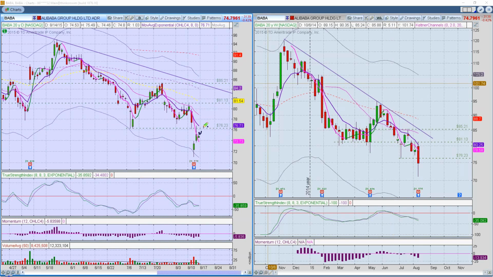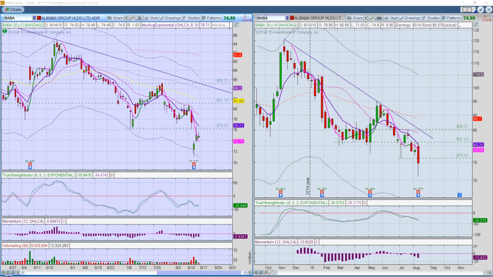if the 8-day comes down, and let's say the price action keeps going like that, and the 8-day comes down here and starts to flatten out a little bit, and we're getting these nice little movements here of the price action. It pops back above that. Then also the 20-day comes down here, and it really works well if you get a cross of the two, and that might be an indication of when Baba is going to be moving back into an uptrend. But those are some of the patterns I'm going to be talking about on Wednesday night.